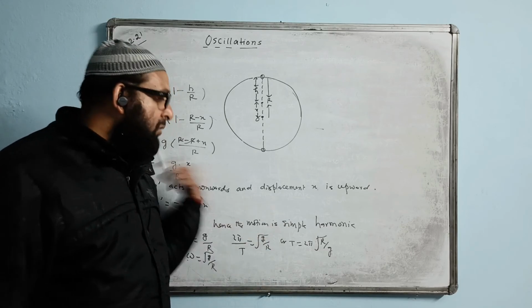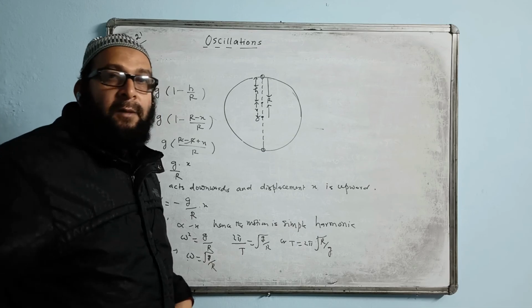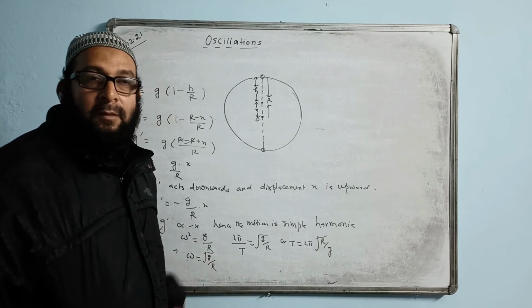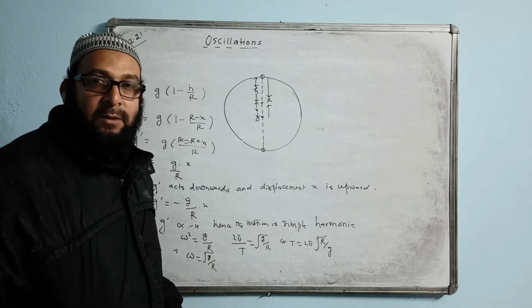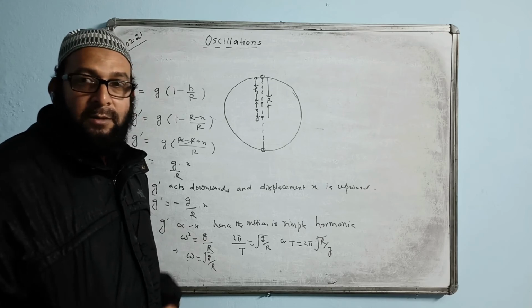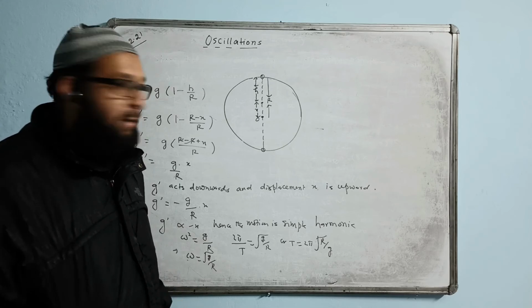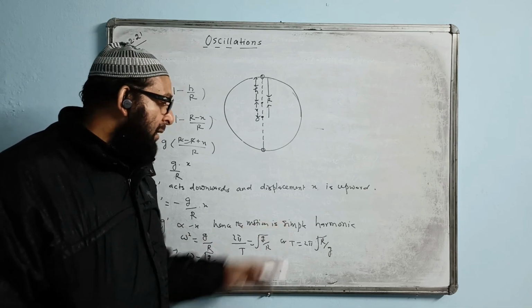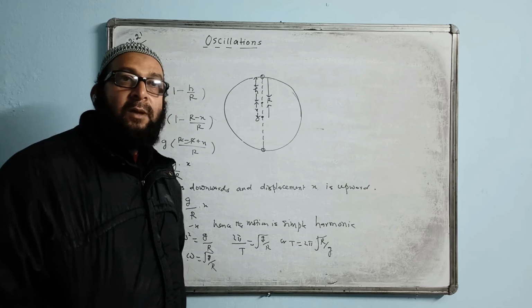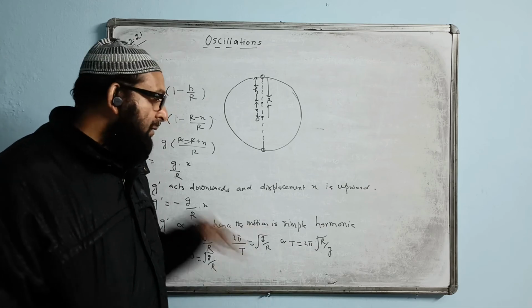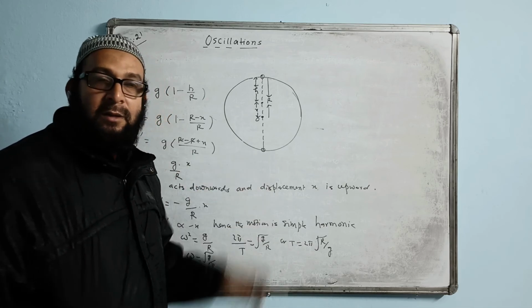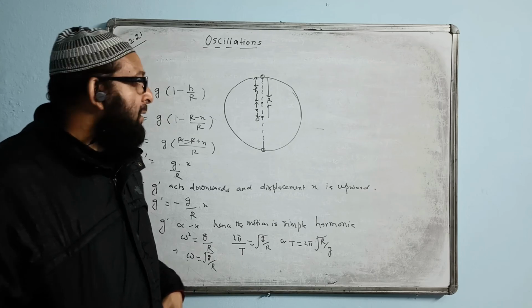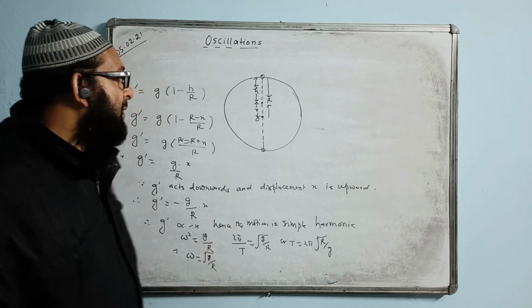I think we have done this type of question before also. The value of T will come to 1 hour 14 minutes, that means 83.6 minutes will be the answer, or 1.41 hour. If you calculate, the answer comes immediately in seconds, but you have to change it into minutes and hours. The answer comes to 1.41 hour. So this question is quite interesting.